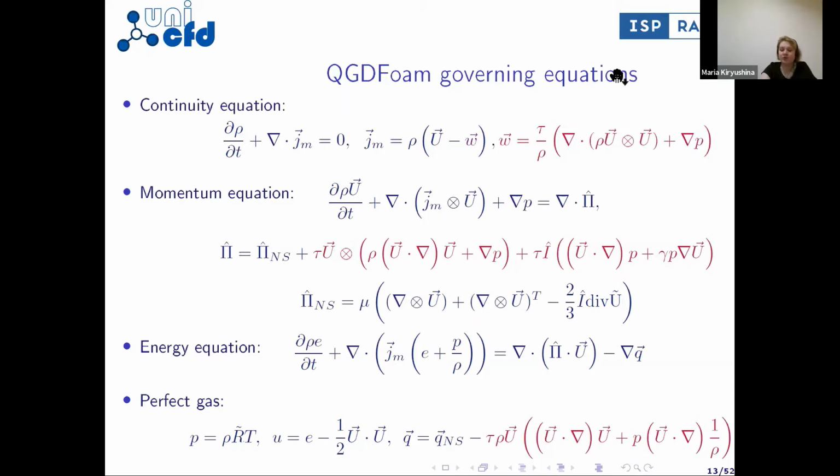But the most simple method is based on averaging or smoothing of the classical Navier-Stokes equations over a short time interval. Because to get the smoothed system, it's necessary to average equations over a small interval tau, to substitute average values with